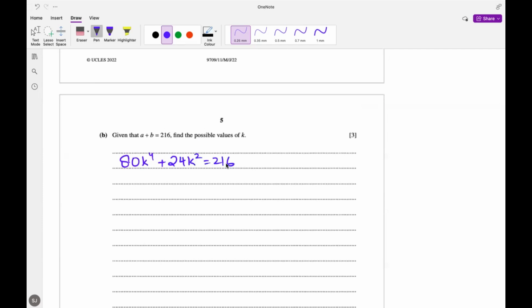Now to solve this equation, first we'll try to bring it into a quadratic form using a substitution. So if we assume that x is equal to k², then x² will be equal to k^4. Now substituting this, we'll get 80x² + 24x − 216 = 0. And we can substitute this in the calculator to find the values of x, or we can just